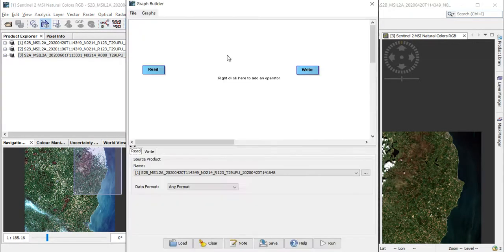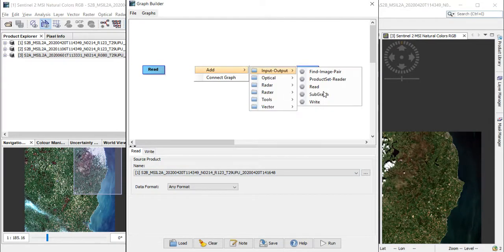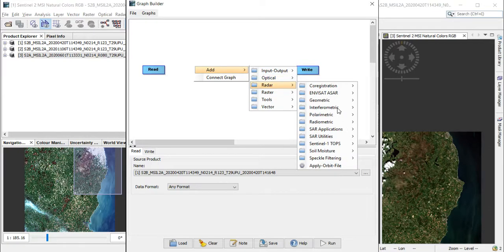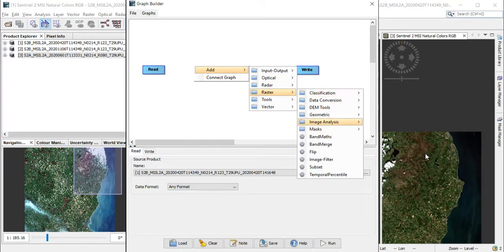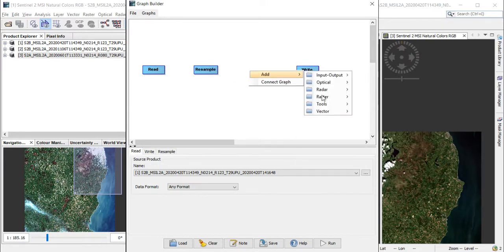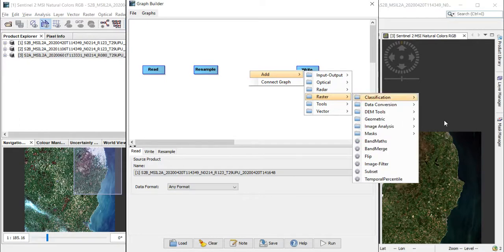So to do that we're going to use a graph builder. Open up the graph builder, which is this icon over here, and right click on it and click add. Scroll down to radar and then geometric and then resample. Okay, so that's the first thing we need to do. Next, click on add again, click on raster, click on geometric, and click on